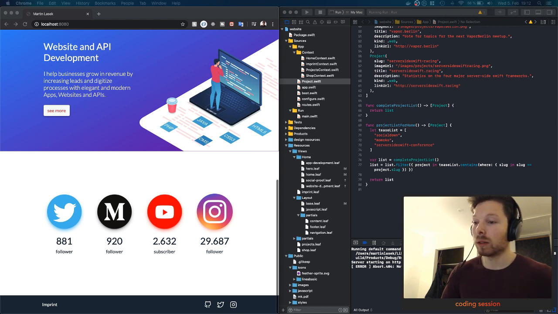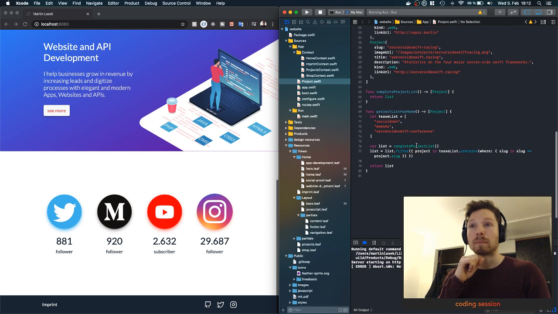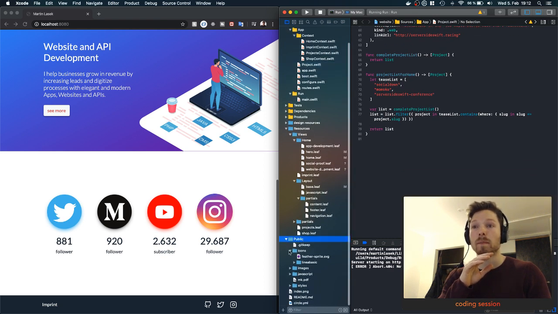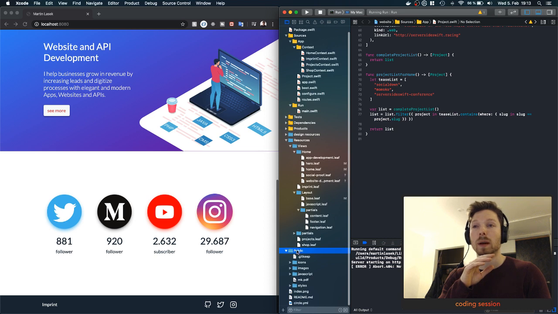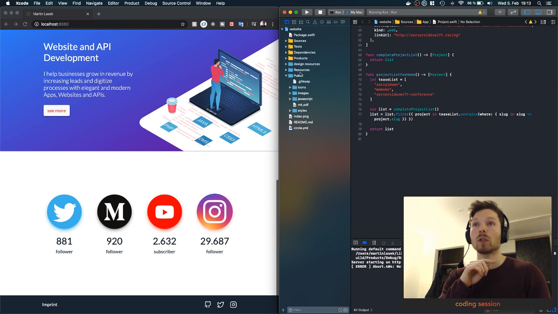Quick question. Does Leaf use a predefined pathing for images like it does for views? Can't seem to get them to load for some reason. So, let me help you with that. No, all images are loaded from the public folder right away. So that means if you have an image inside the public folder in your project, right? You should have public, and every image inside here is going to be loaded.